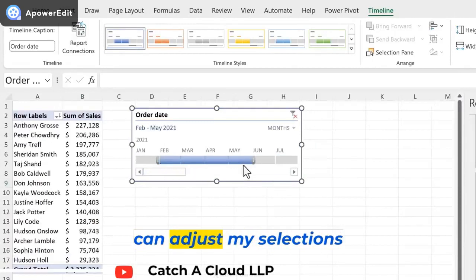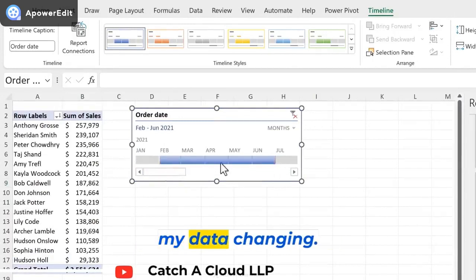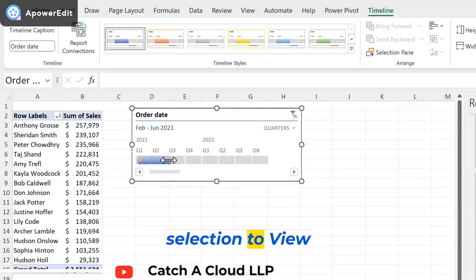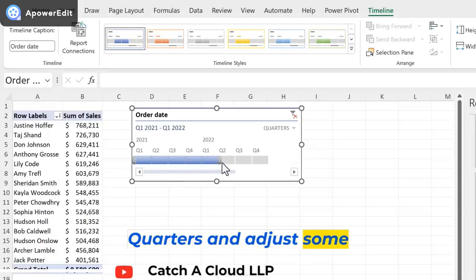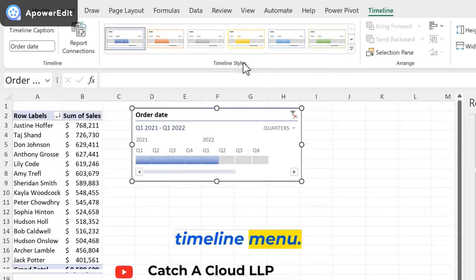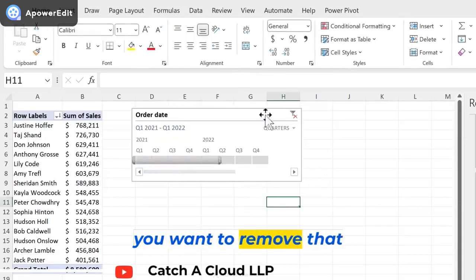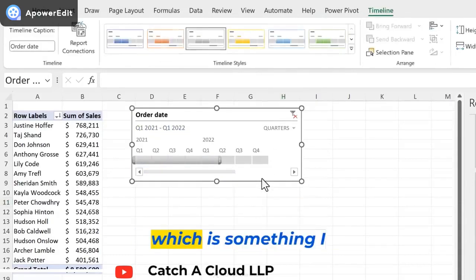So I can adjust my selections here and take a look at my data changing. You also have more options. You could change your selection to view quarters and adjust some settings from the timeline menu. You can, for example, change the style. And if you want to remove that border around the timeline, which is something I always do, you can do